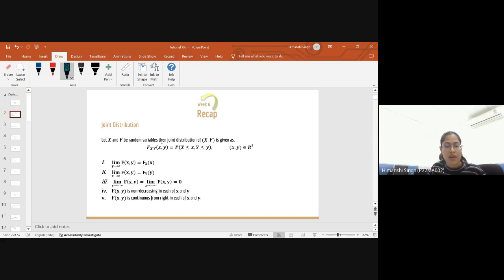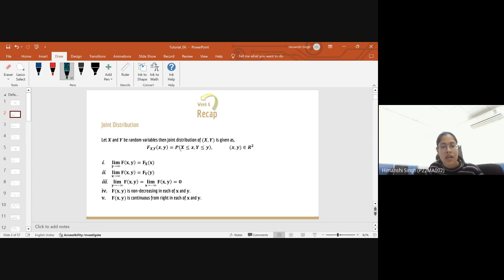So if X and Y are random variables, then their joint distribution will be given by the probability P(X ≤ x, Y ≤ y). Now there is a possibility that X is discrete and Y is discrete, X can be continuous and Y can be discrete, both can be continuous, or one of them can be discrete and the other continuous. So here we are considering in general the cumulative distribution function for the random variable (X, Y),